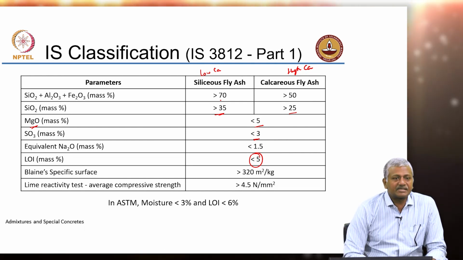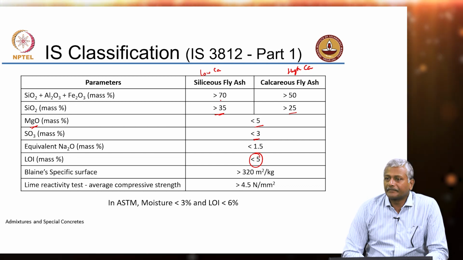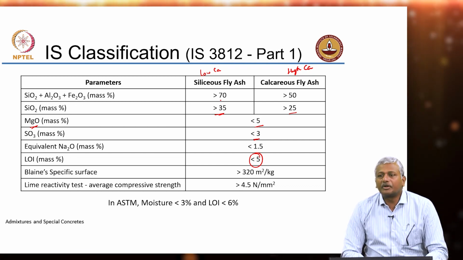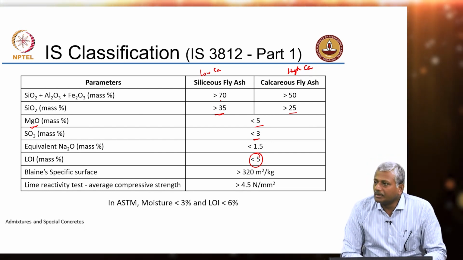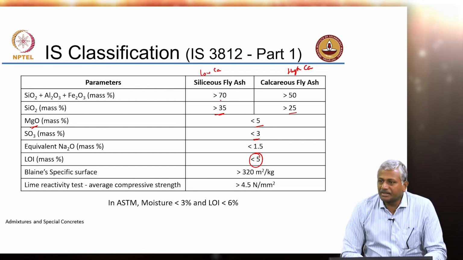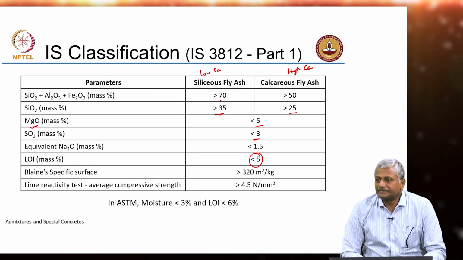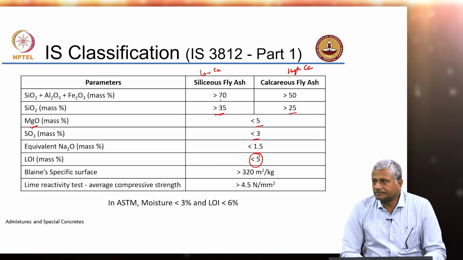If there is excess of 5% carbon present in your fly ash, what do you need to do? Okay, in the bagasse ash, we saw that we could just sieve the carbon out, right, because carbon was present as nice coarse particles and those could be removed, but not in fly ash. Here everything is just a powder, right. So, you will have to burn it further, you will have to again burn it to remove the carbon, but